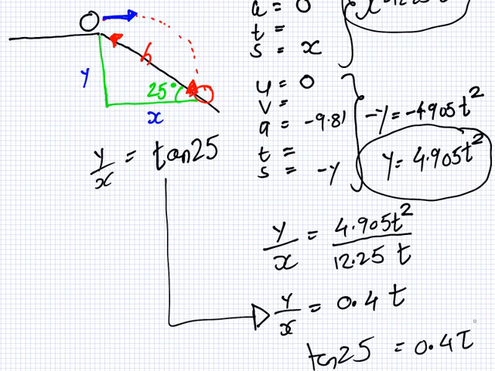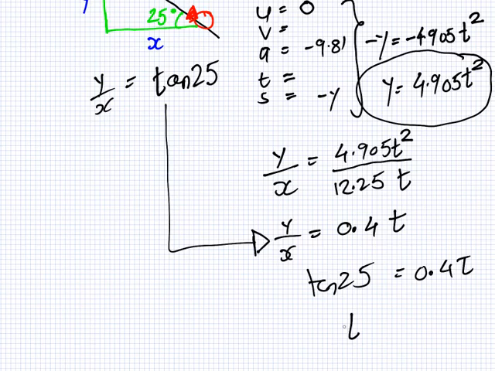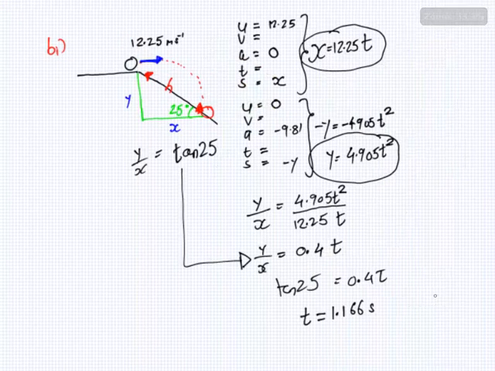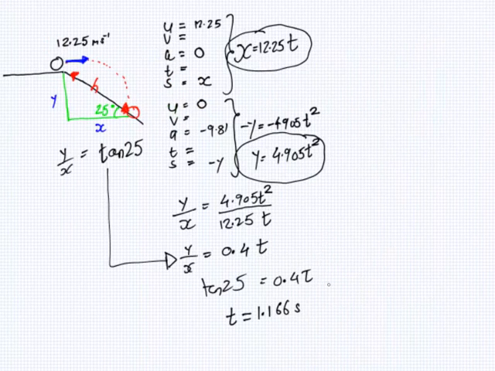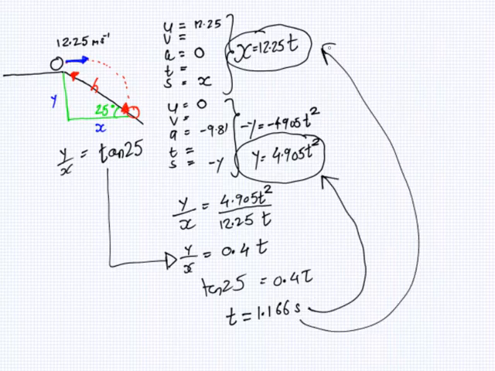Yes, thank you. Difficult, yeah? So we get t equals 1.166 seconds. So then, what do we do with the t? We can put it in here, and we can put it in here to get the x and the y. So the x equals 14.2835, and the y equals